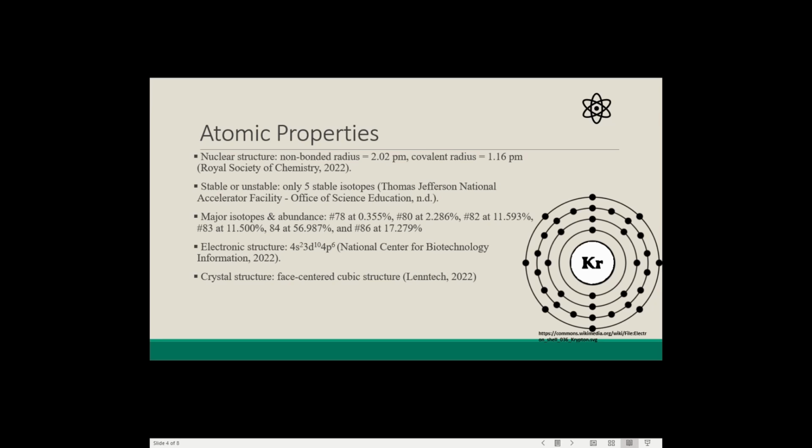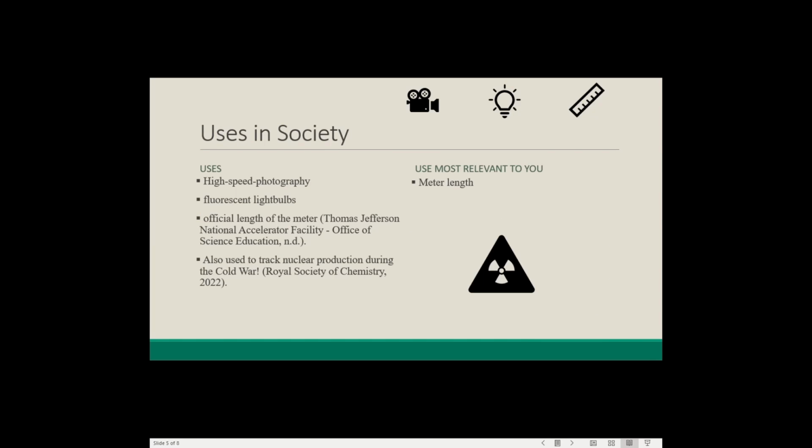Solidified krypton is a white crystalline material with a face-centered cubic structure. Krypton's cost is extremely high because it has to be extracted from the atmosphere, so it has few practical uses. But these include high-speed photography, fluorescent light bulbs, and is also used to determine the official length of the meter